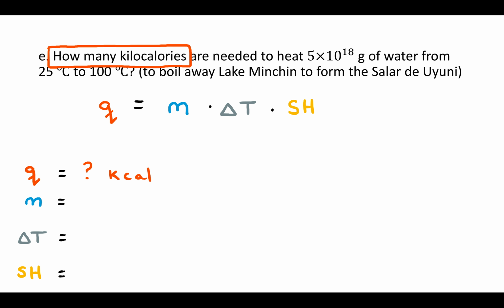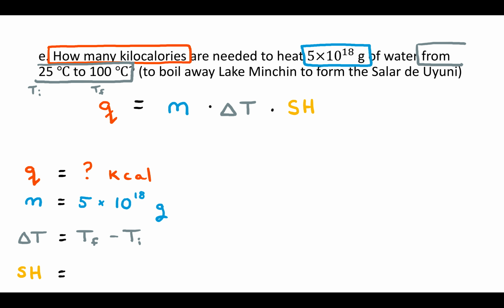That is a unit for heat. So we're looking for Q in kilocalories. Are needed to heat 5 times 10 to the 18th grams. Grams is a unit for mass, so I'll plug that in for m. Of water from 25 degrees Celsius to 100 degrees Celsius. These are the temperatures. Now remember, delta T is T final minus T initial. The final temperature here is 100 degrees Celsius, and the initial is 25. So the delta T is going to be T final minus T initial, 100 minus 25, and that's going to